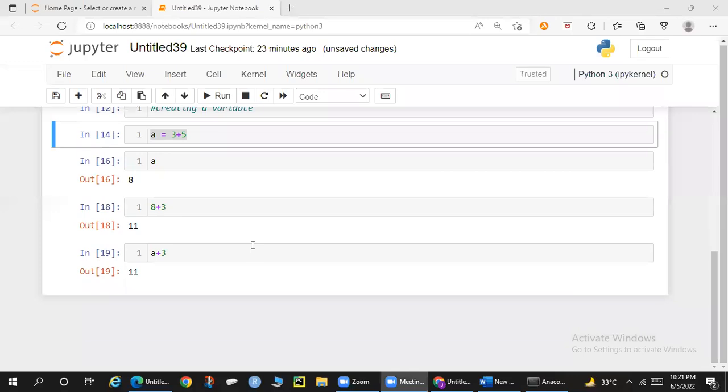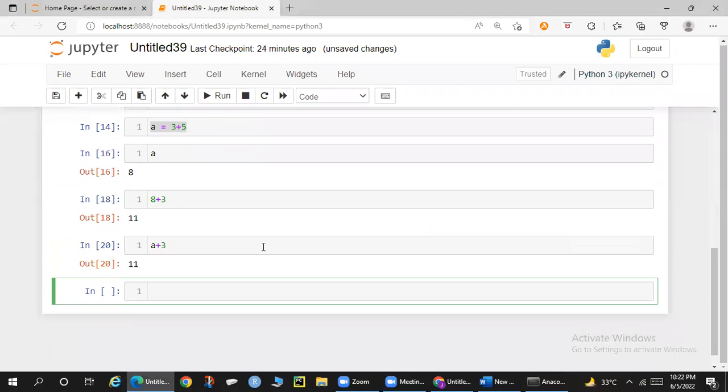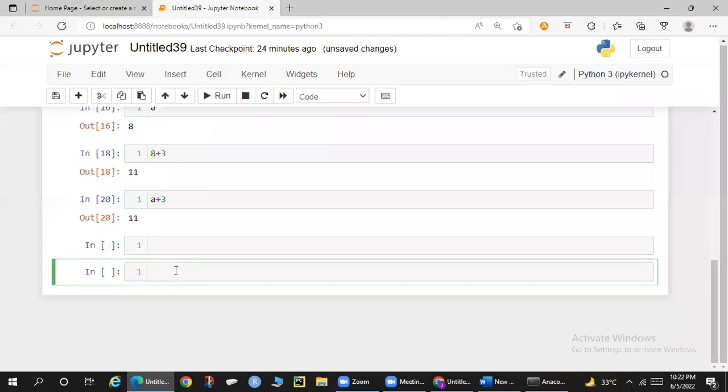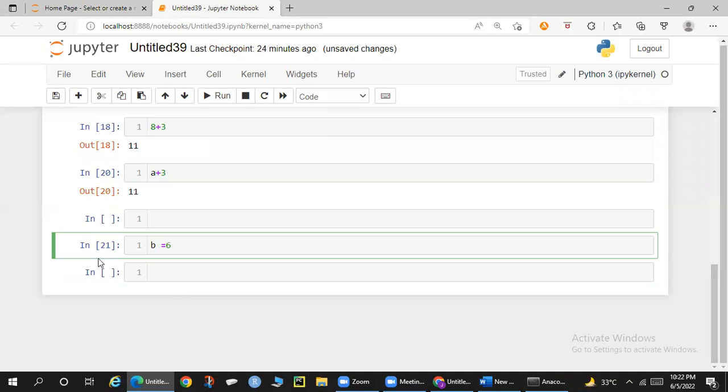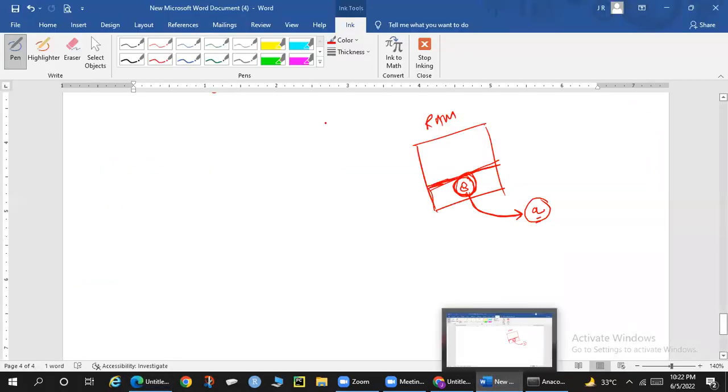Okay, so now I hope the concept of variable is clear. We can create any variable, we can give it any value. Let us say I create another variable. What I just did, you can go here, add a plus tab, and a new Jupyter notebook line will be created, or you can use shift enter. So let us say I created another variable and I put a value b is equal to 6. Run it. As soon as I run this line number 21, what will happen? In my RAM memory, some memory allocation will happen for value 6 and a reference will be created,